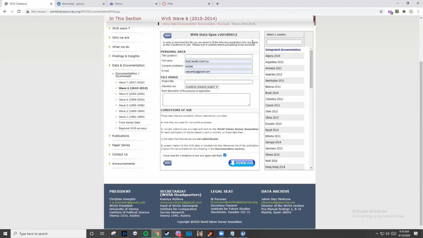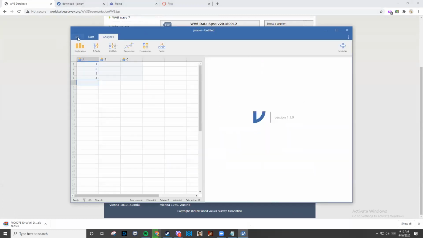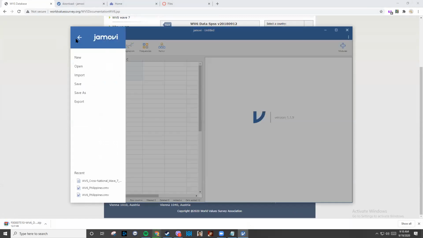Okay, so the World Value Survey is a very big data set. We can also go through the coding book later. It has 16,000 respondents. So let's pretend na na-download ko na yun because I already actually did.